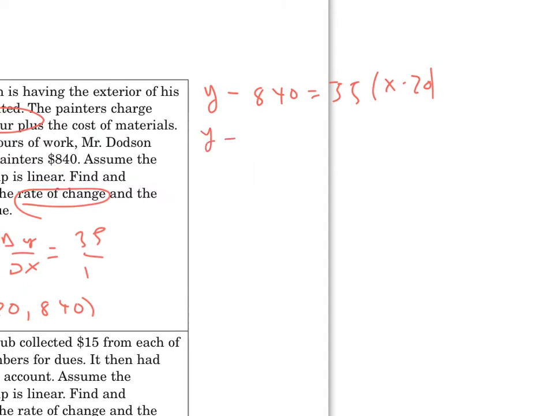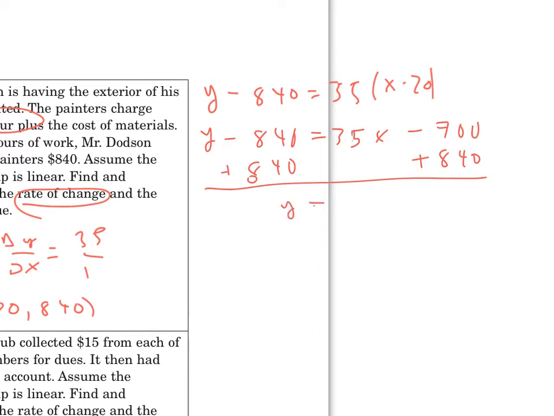So y minus 840 is equal to 35 times x minus 20. 35 times 20 is 700. So then we're going to add the 840,